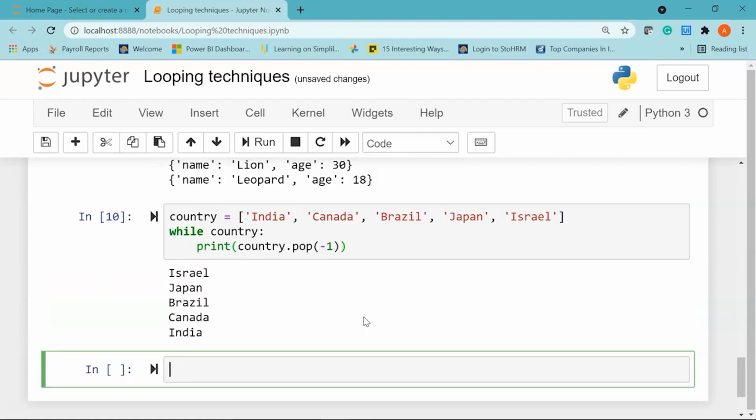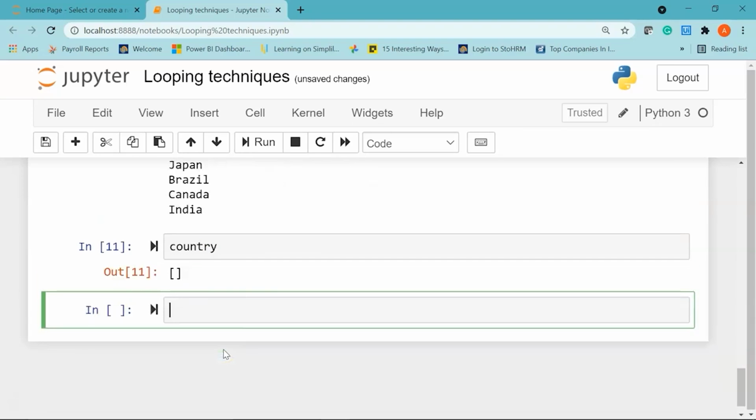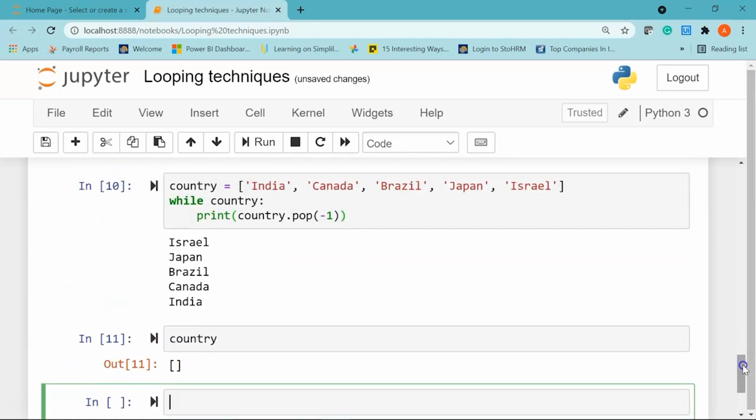If I run it, you can see here we have Israel, Japan, Brazil, Canada and India. Now you can just print country. You can see here, since we have removed all the elements from my list country, there is no element left, so it gives us an empty list. Cool.